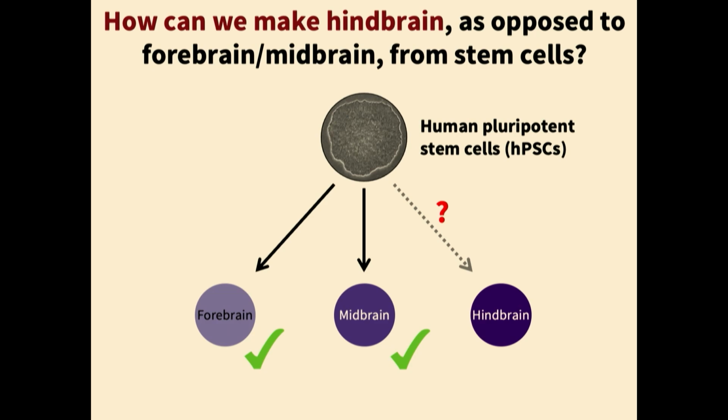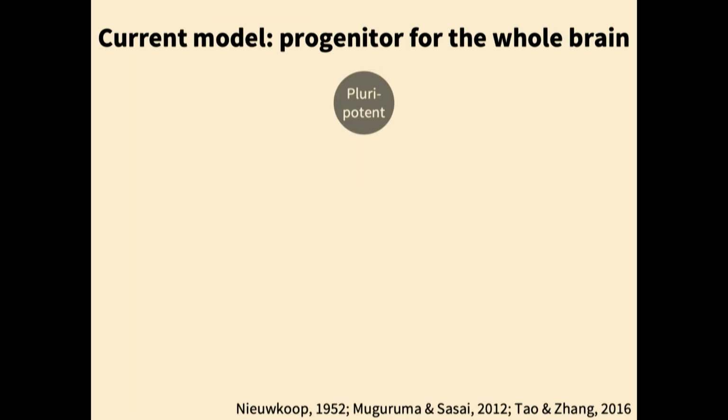And it was a bit harder to make hindbrain cells. We thought, that's kind of weird. We didn't really know why. So we took a step back to the drawing board to look at the classical model of developmental biology of